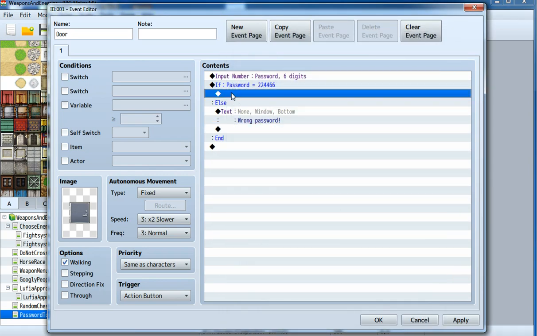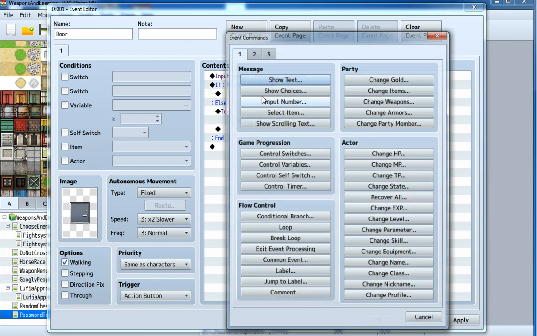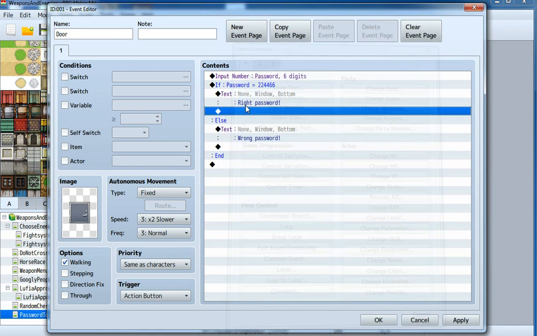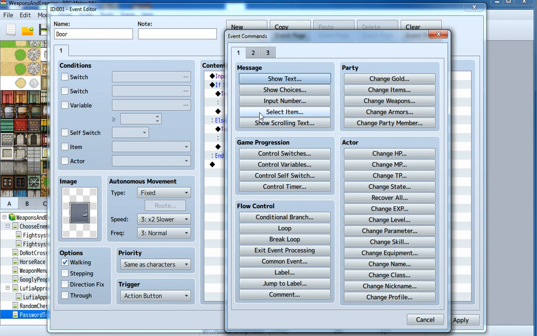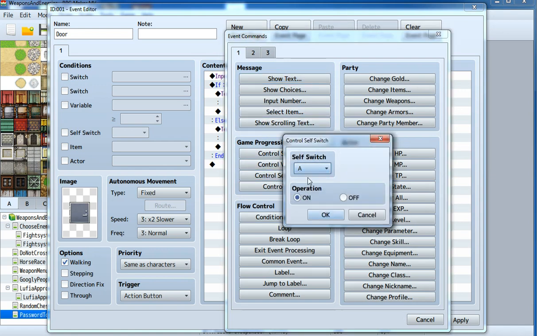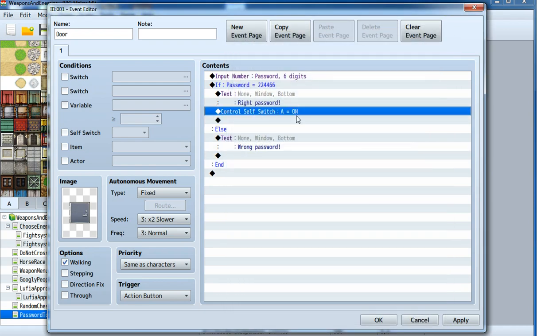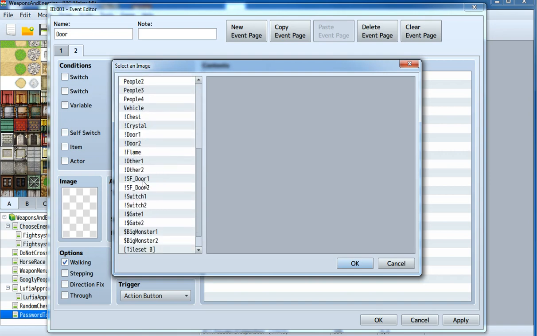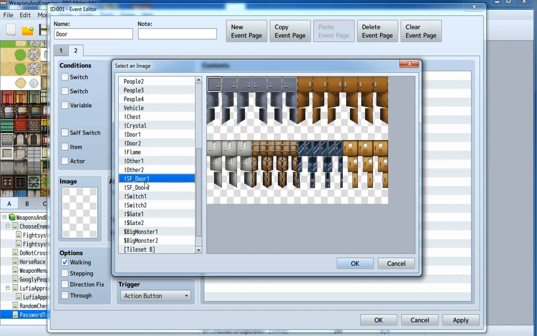And here we simply give a message that says right password, and after that we set a safe switch to on, and on the next page we show an open door like this one,